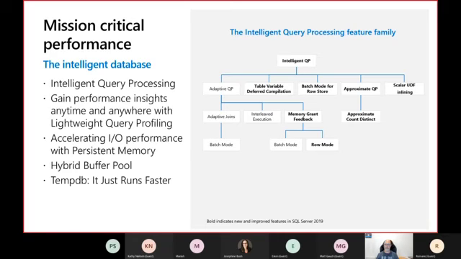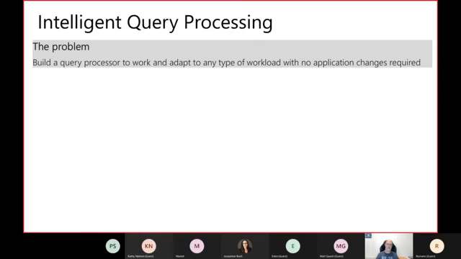I remember when I first read about this scalar UDF inlining in intelligent query processing. I read it in a magazine several years ago, and the title was, Microsoft has fixed a bug from 20 years ago, right? In reality, it was not a bug, or maybe it was, I don't know. But now with this feature, it finally got addressed. So really, really nice. So how do we use all those beauties of adaptive query processing, intelligent query processing, etc.?